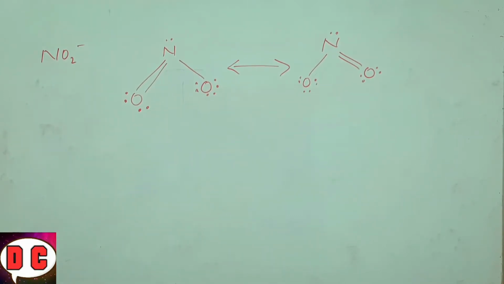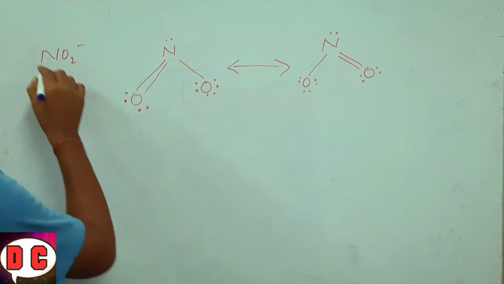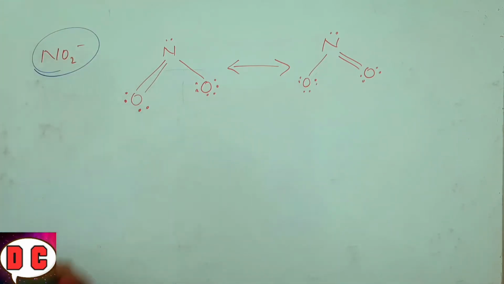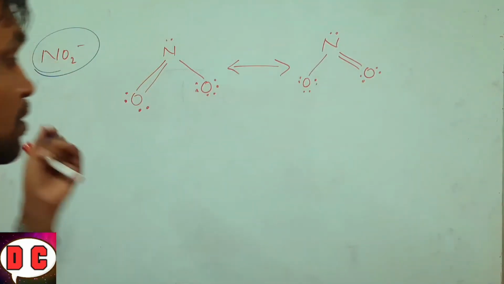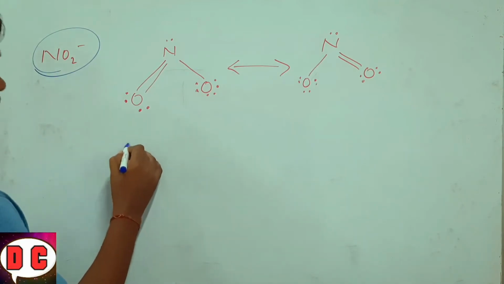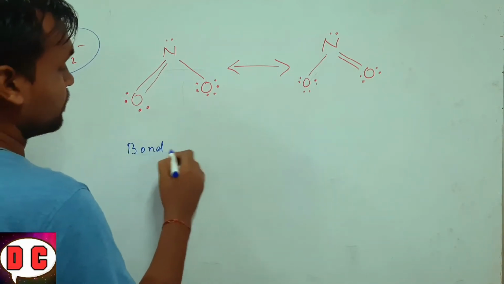Okay, let us try to do one more question on bond order. We are going to calculate the bond order of these ions now. These ions have 2 resonating structures, 1 and 2. So what is the formula we have learned? Bond order equals to